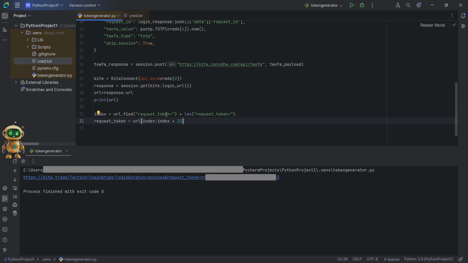We will use the find method to find the starting point of the request token in the URL, and the request token will be 32 characters in length, so we will extract 32 characters from the starting point and save it to request_token.